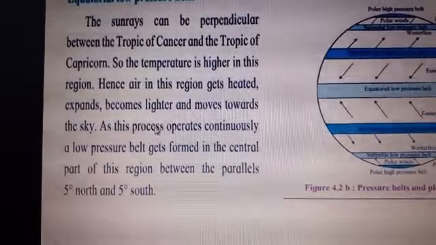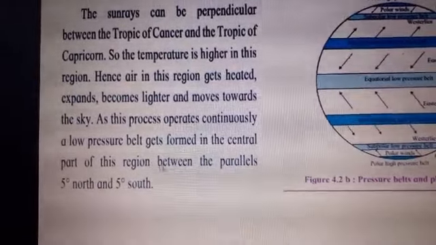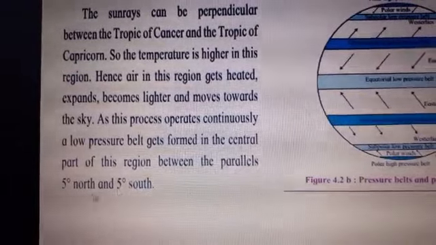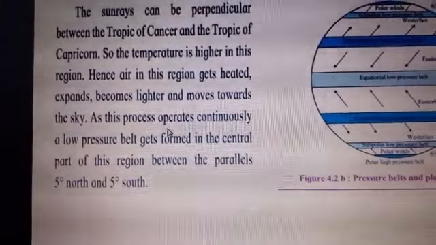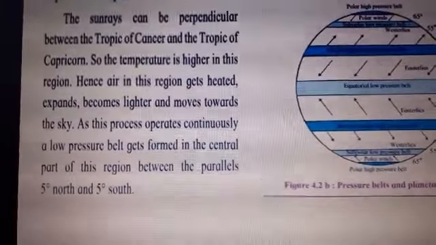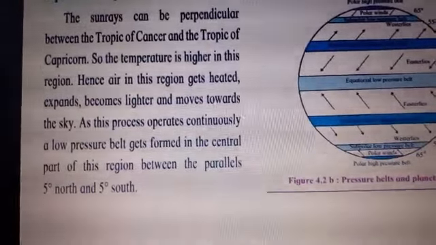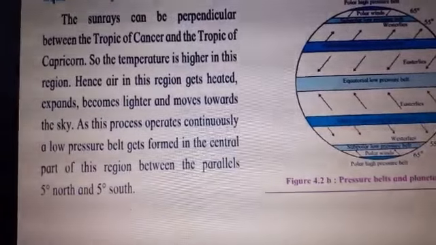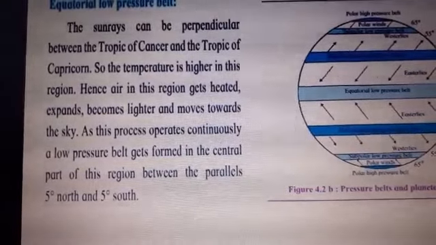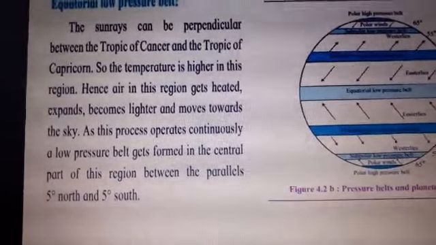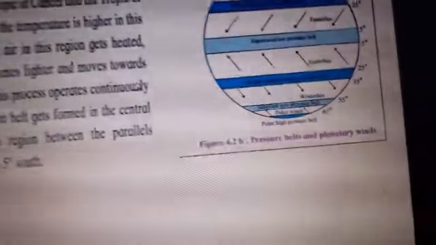As this process operates continuously, a low pressure belt gets formed in the central part of this region between the parallels 5 degree north and 5 degree south. Now what happens? As this process operates continuously, it receives the direct rays of the sun, and so more heat is received. Therefore, it becomes hotter and it starts expanding in the atmosphere. When it starts expanding, it becomes lighter, and as it becomes lighter, it starts moving upwards towards the sky, and because of that, a low pressure belt is formed in the equatorial region between the parallels,